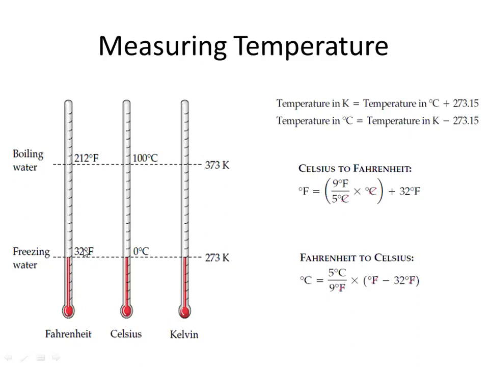So let's do a calculation over here. If I have 32 degrees Fahrenheit, then the answer should be 0 degrees Celsius. So here I am going to put the value of 32 degrees Fahrenheit. 32 minus 32 will be 0, and this is going to multiply with this factor. The whole factor will become 0. So 32 Fahrenheit will be equal to 0 degrees Celsius, and that is already written over here. So this is a very simple formula you can use to calculate from one unit to another unit.